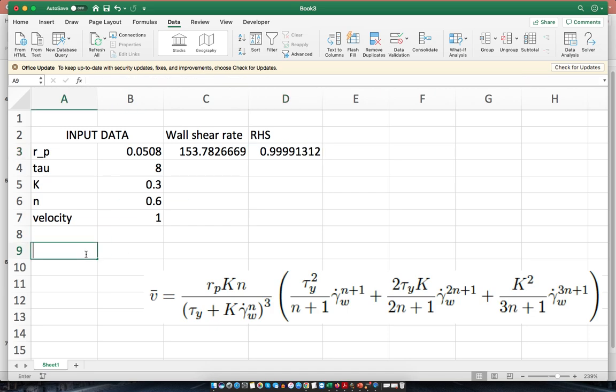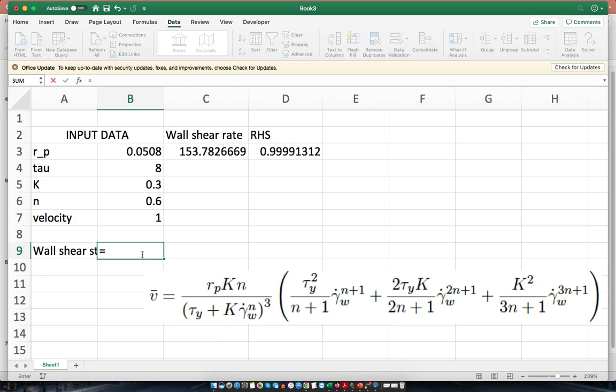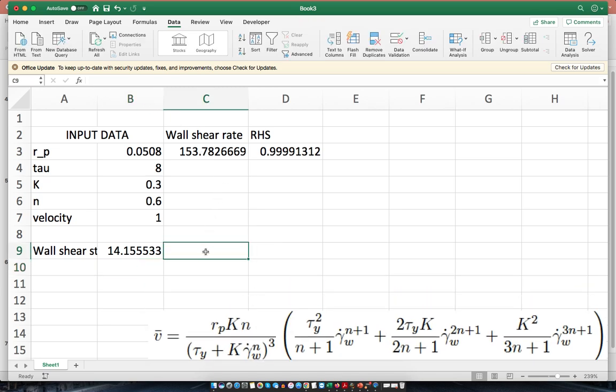After you obtain the wall shear rate, you should be able to obtain the wall shear stress. The wall shear stress can be calculated from the yield power law model. Tau plus K times wall shear rate to the power of n. Yep, that's the wall shear rate. The unit of this one is in Pascal, and the